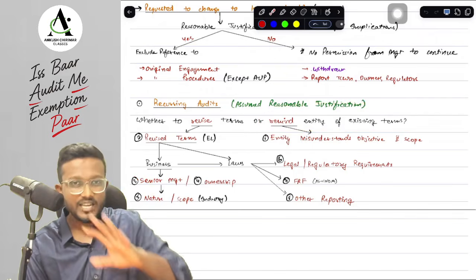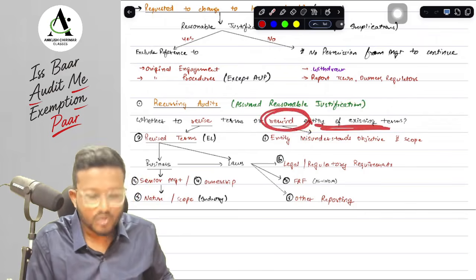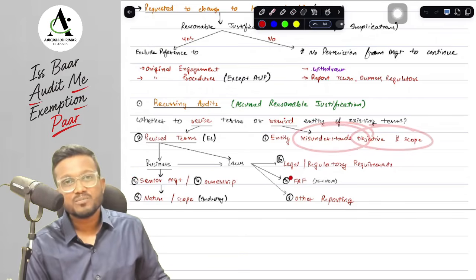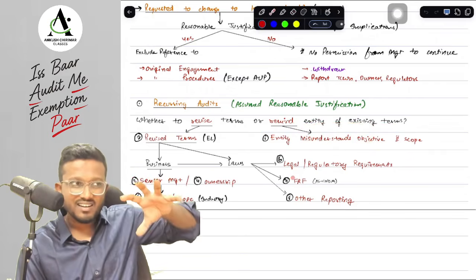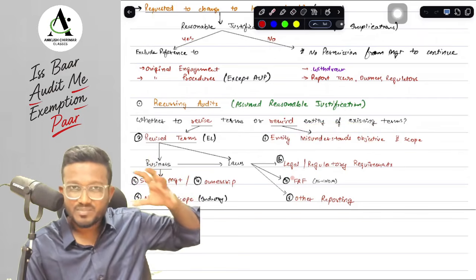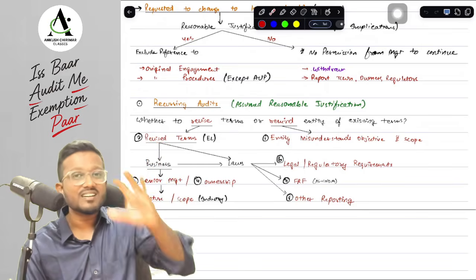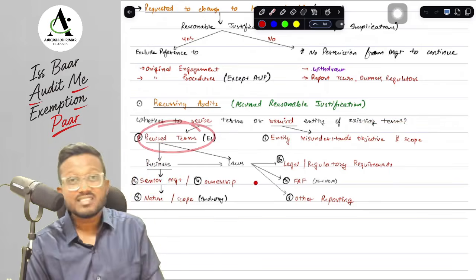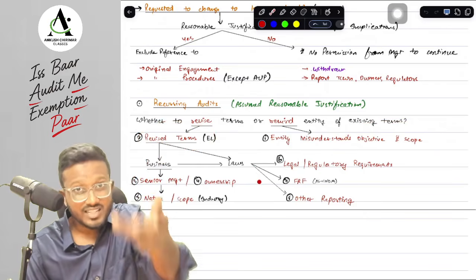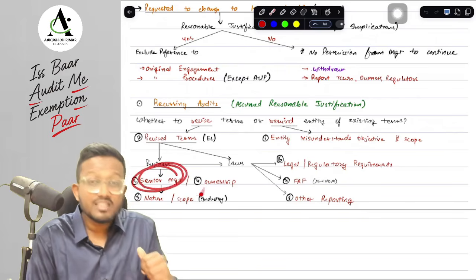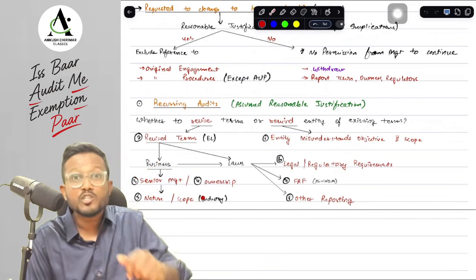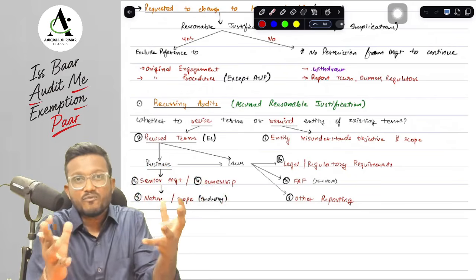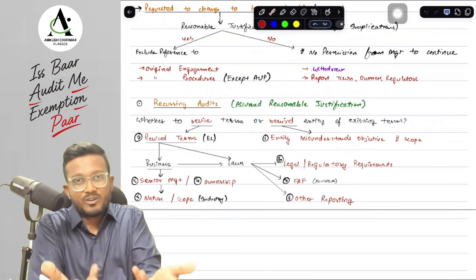Now, what are the factors we need to consider? First of all, what is the situation where we need to remind the entity of the existing terms? When we think that the entity is misunderstanding the objective and scope. In the last audit engagement, based on the way the entity behaved, we think that the management is misunderstanding the objective and scope. So we need to send them. Lastly, if there are revised terms of the engagement letter, then we need to send them. If there is a change in the senior management, a change in the ownership, or a change in the nature and scope of the business, suppose multiple industries are involved from this year, then we need to change the engagement letter.